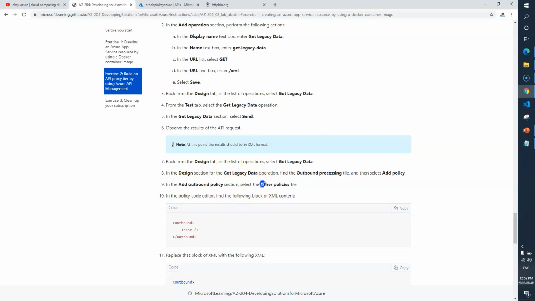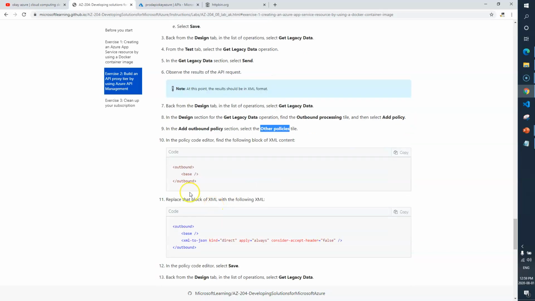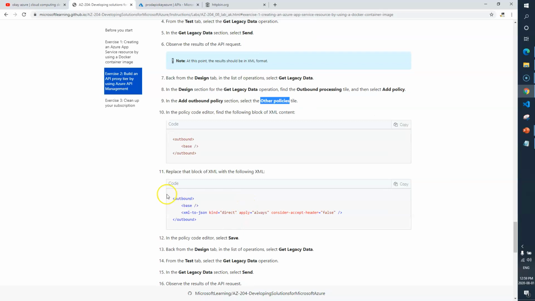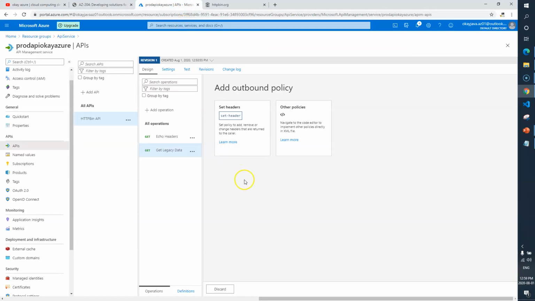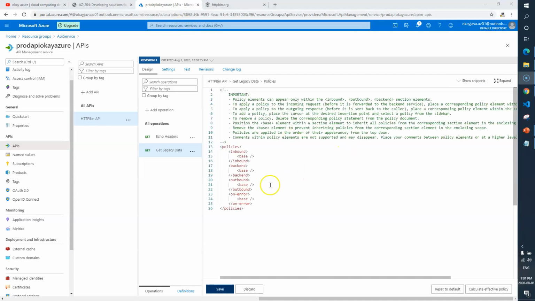Now we need to select other policies. In the policy code editor, find the following block of XML content, replace the block of XML content with the following line. So I'll copy this one. Let's go back, other policies. Here we need to replace this outbound tag with this. Let's save.